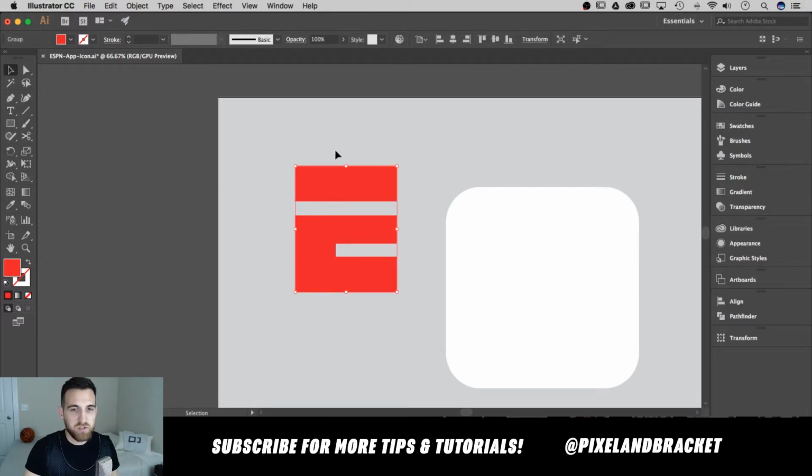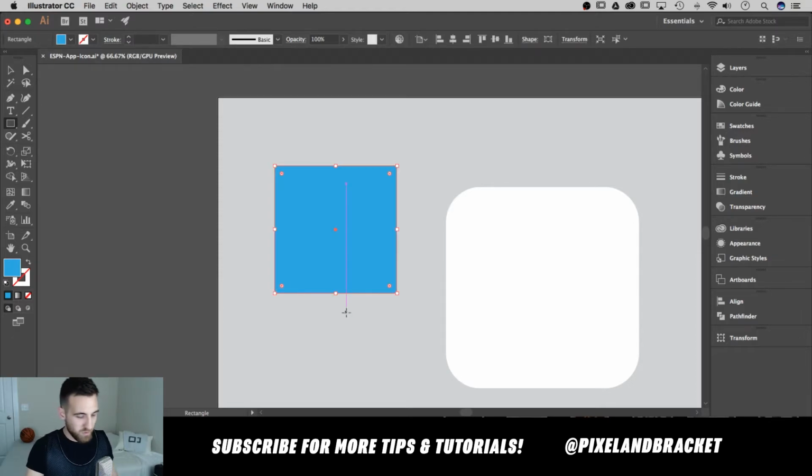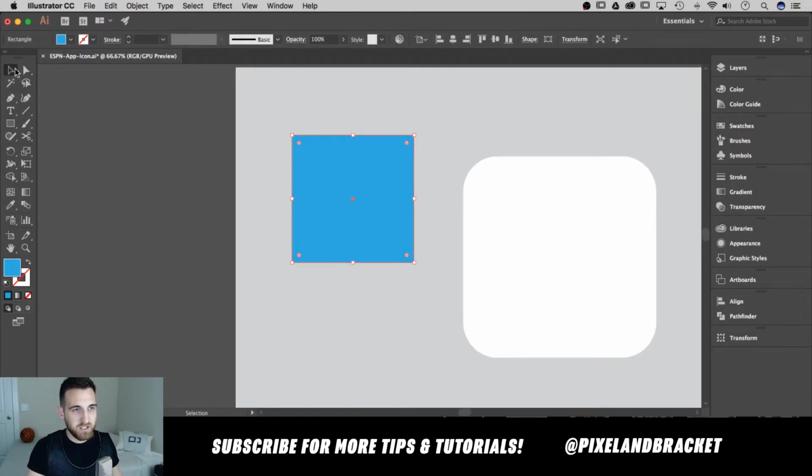So we are going to draw one more rectangle. This one is actually going to be a square. So let's select a different color, maybe a blue color, something that's different than the E. We'll select this rectangle tool here. I'm going to go in the upper right hand corner of our E, click and drag, and I can start to create any shape of rectangle here. But in order for me to create a perfect square, hold shift, and that'll be proportionate. I'm going to create it so it's the height of the E. So I'm going to come down here until it snaps to the bottom of the E, and it's not doing that very well. So I'm just going to let go and create it,